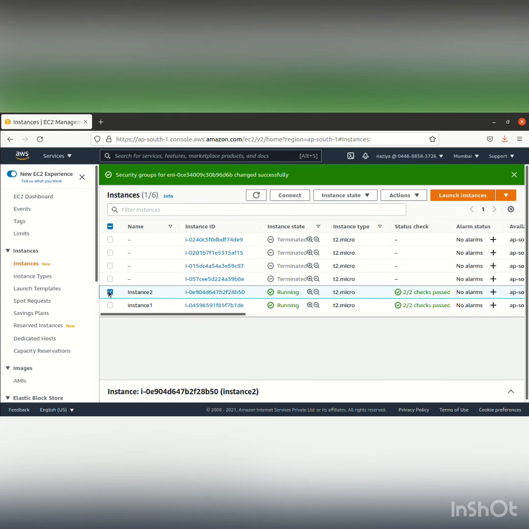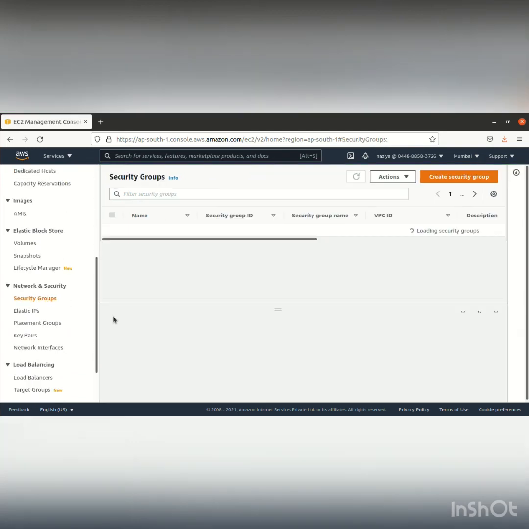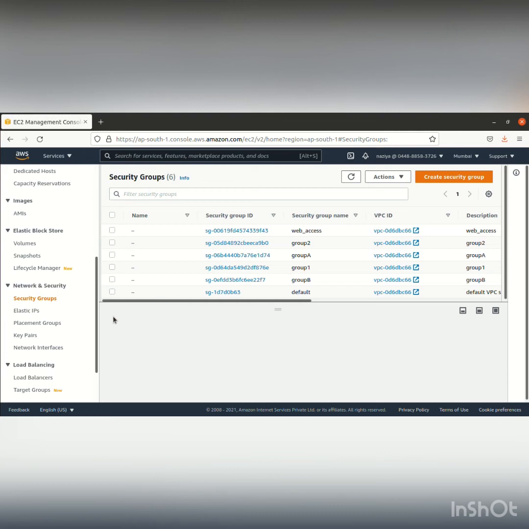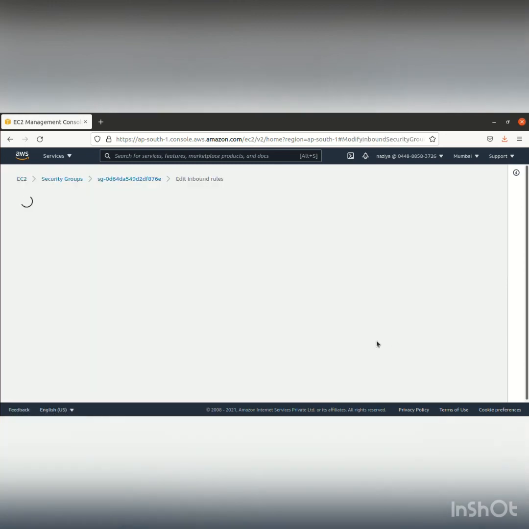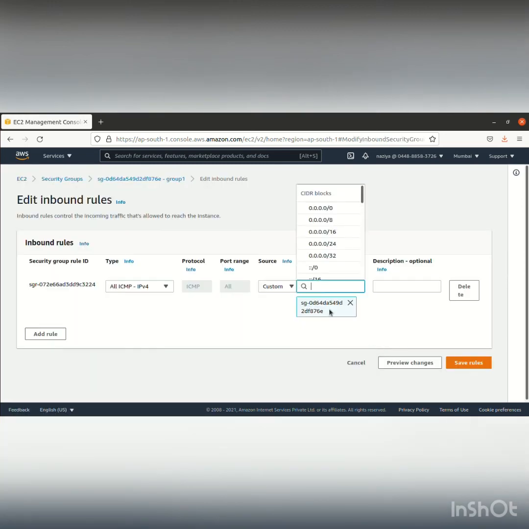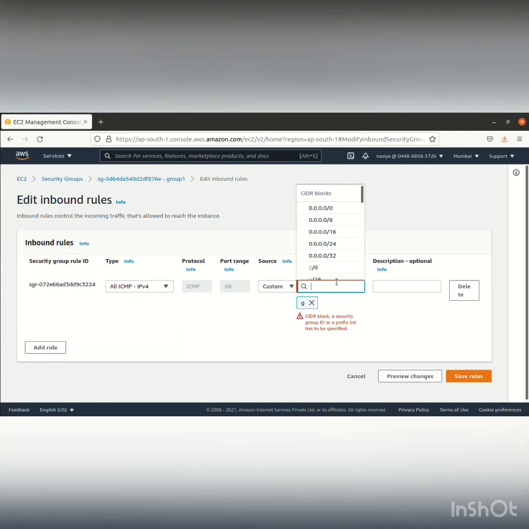Before that, first we'll go to these security groups. Here we'll go to group B, group 1, group A. Okay, we'll make this as group, just a second.